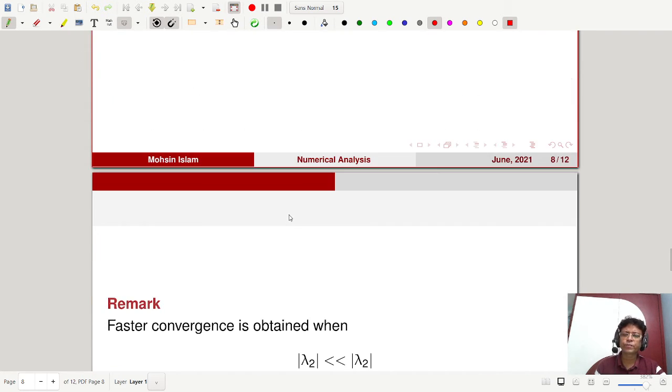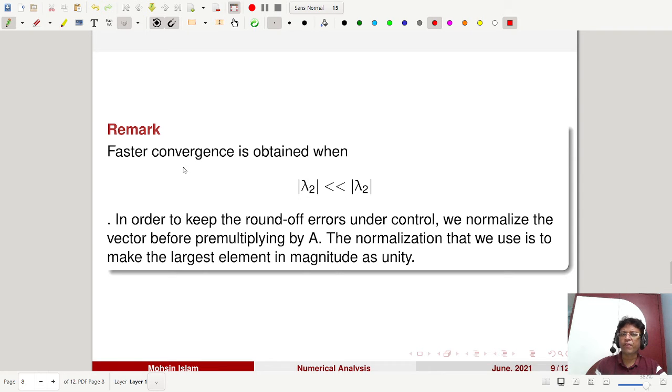This is an important thing. Next, faster convergence is obtained when this one will be 1. This is also a typographical error. This one will be 1. If the modulus of lambda 2 is much less than the modulus of lambda 1, then faster